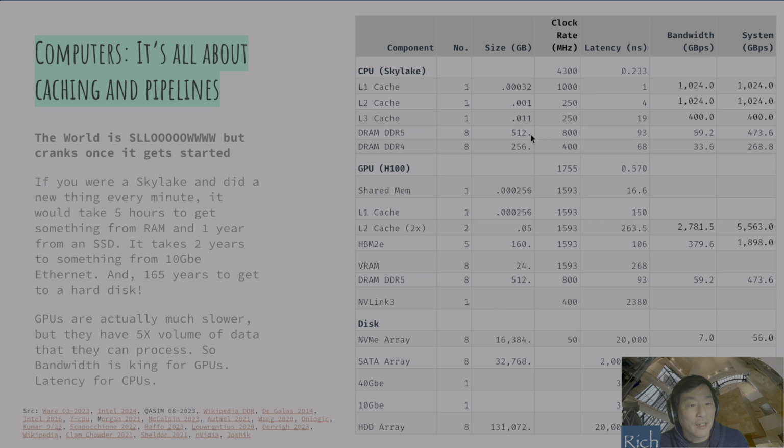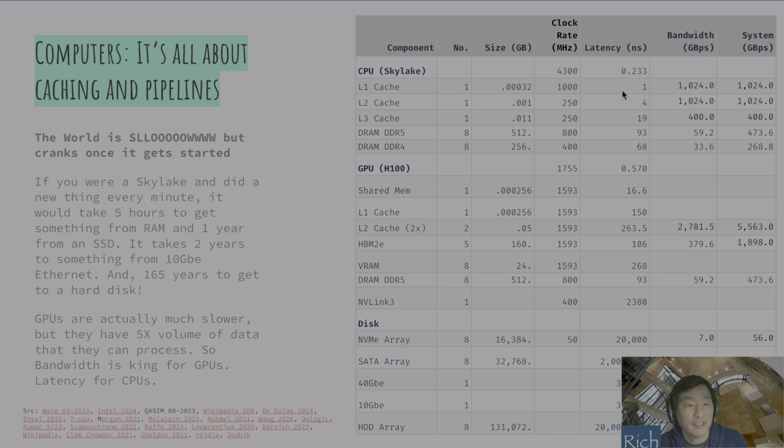These things run at 93 nanoseconds. So look at the difference between 0.23 and 93. This thing is waiting a long time. And the bandwidth is much slower too. You get about 400 gigabytes per second. So feeding this thing, once you get started, it's not bad, but you don't want to be way out there. And DDR4, which is an older RAM, actually has some different characteristics. But one thing is that sometimes things get slower and faster. So as an example, this particular example, the DDR RAM is actually 68 nanoseconds, so quite a bit faster, but